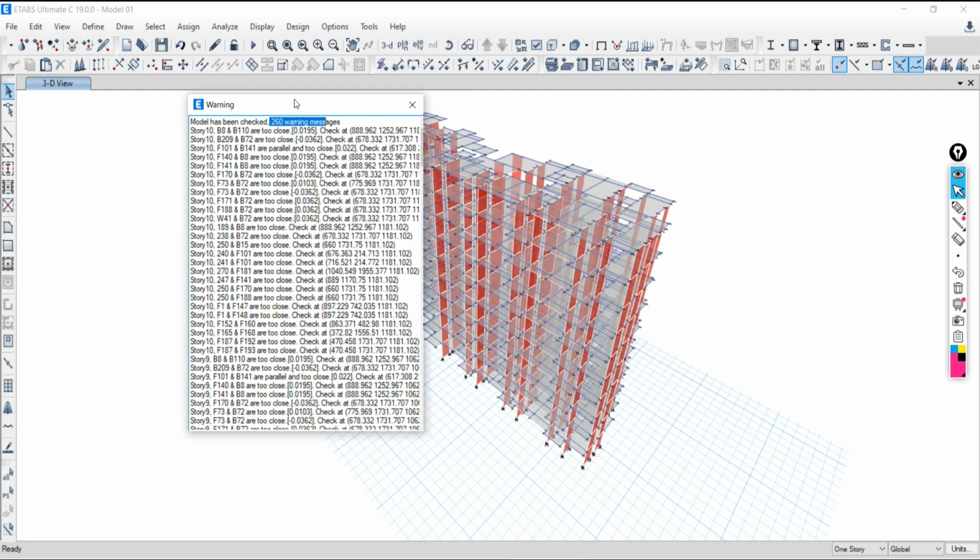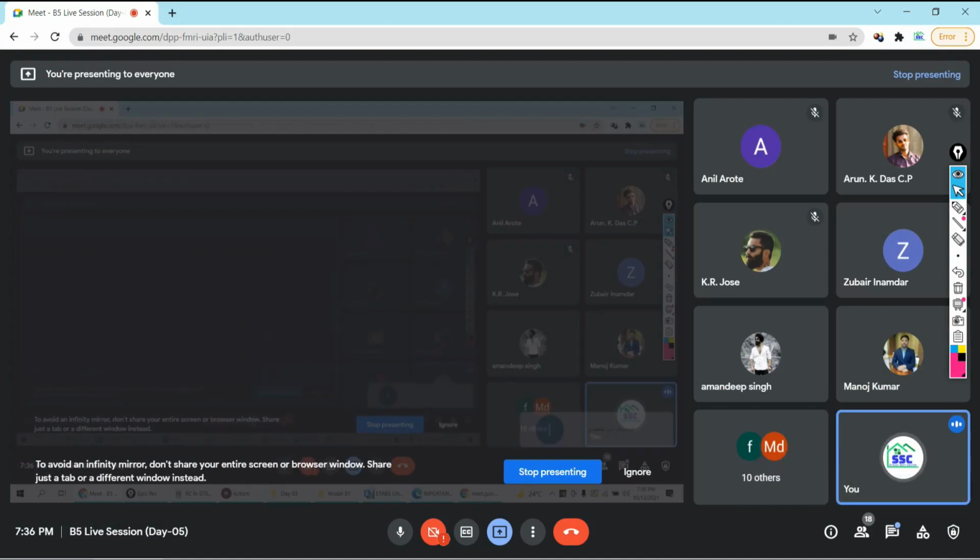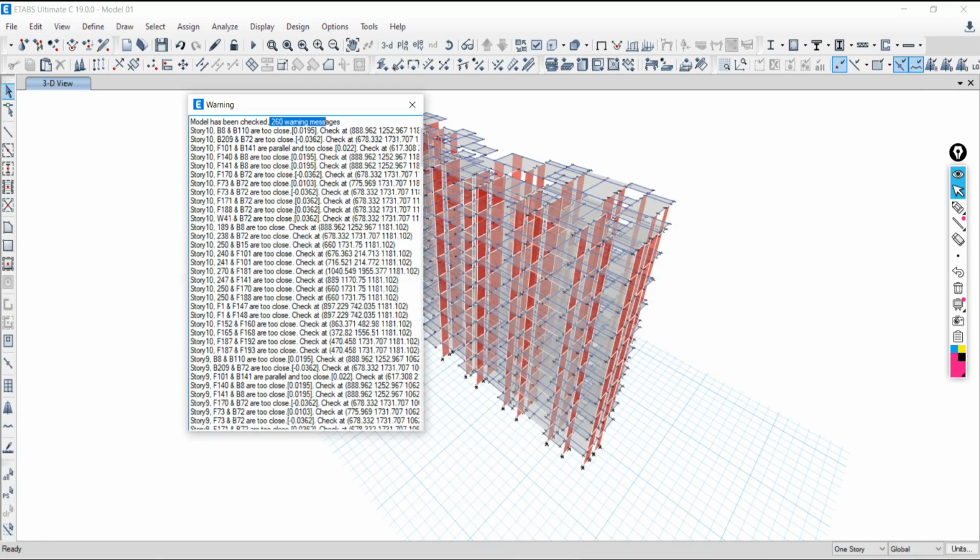260. Imagine if I'm not checking my model and blindly perform the analysis, tell me, will my analysis result be reliable or not? Without correcting my model, without checking my model for its errors, tell me whether my analysis results are reliable or not. No, you cannot accept this. Your analysis result will definitely be wrong because your modeling is wrong.